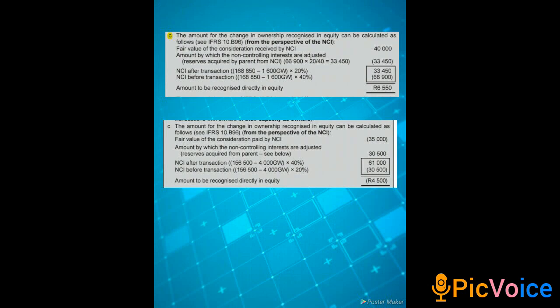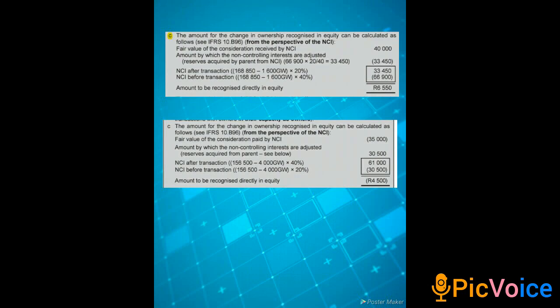So what you do is you need to do this calculation, taking the total interest, minus goodwill, you multiply that by 40% to get what 40% interest of the NCI was before there was any change, and you get that amount to be 66,900. Now, after the change, meaning when the parent has now purchased 20%, the NCI is left with 20%, and that 20% is